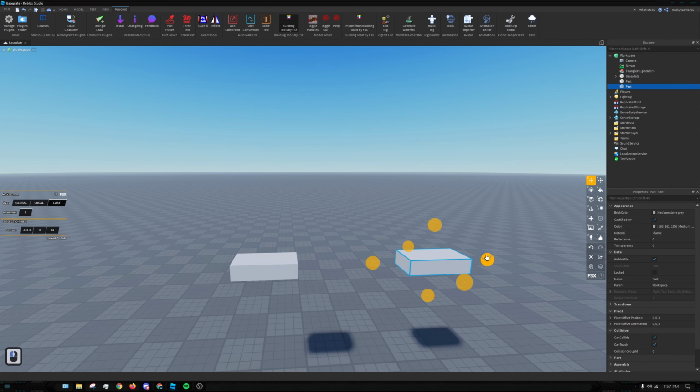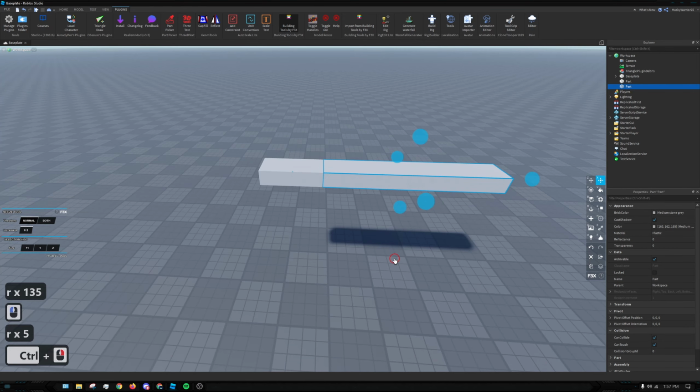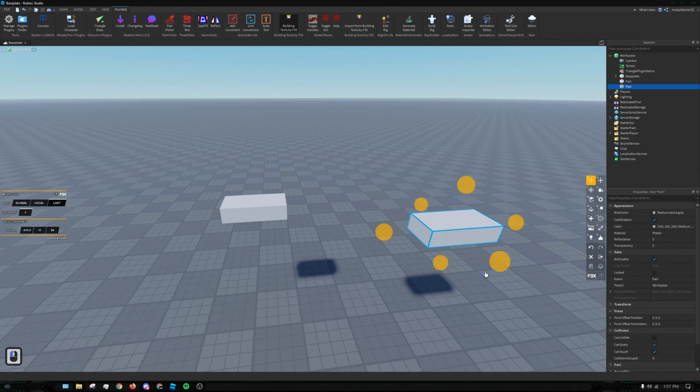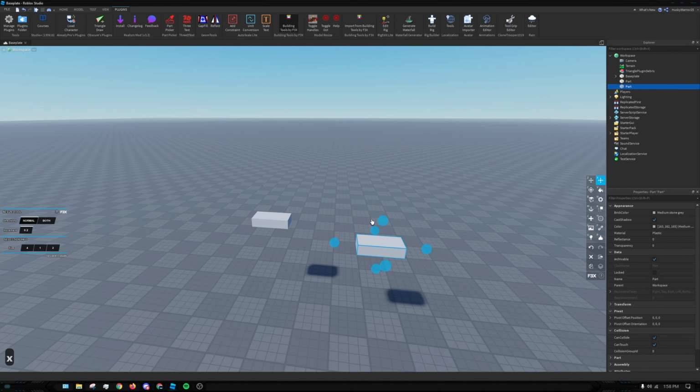And you can do this also with the rescale tool, but you can't do it from the center. You can only do it from the corners, and you can snap it just by holding R and dragging. And you don't have to have it in front of it either. It could be to the side, like that. And also,